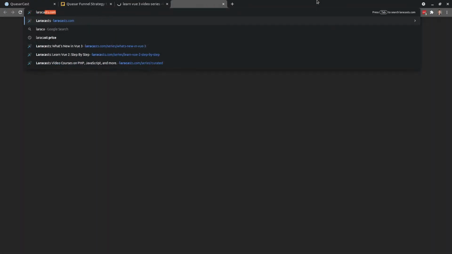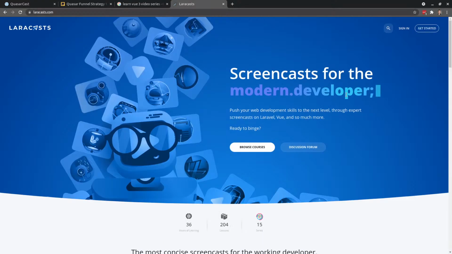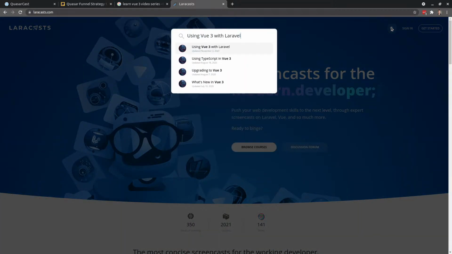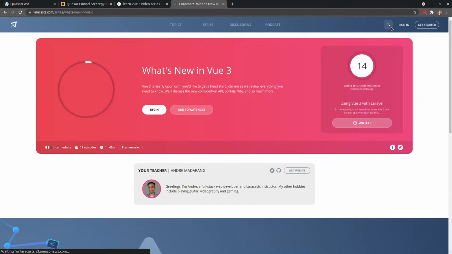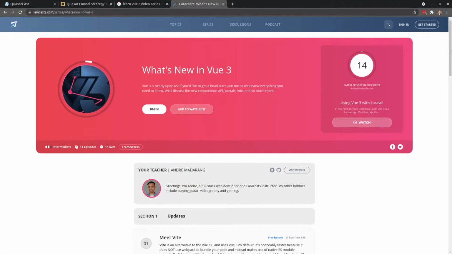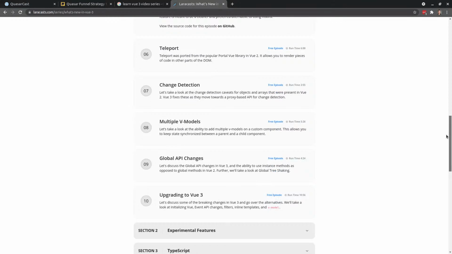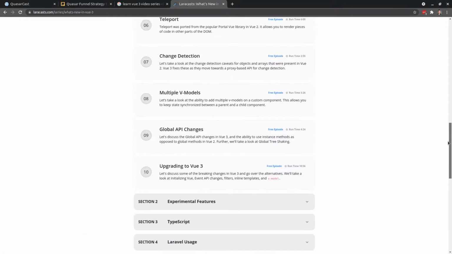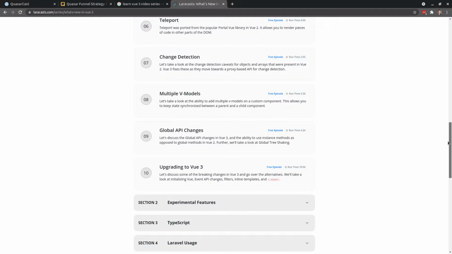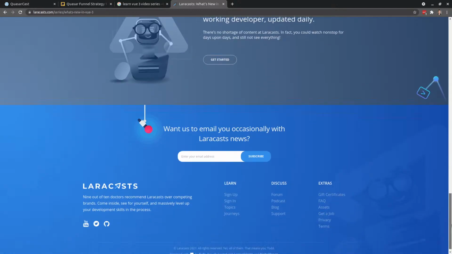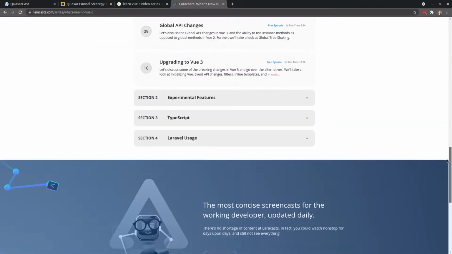I'm going to go back to Laracasts and just check if they do have anything. Let's search for Vue with Laravel, because I trust Laracasts. What's new in Vue 3? All right, so this is going to teach us some stuff about Vue 3, but really what I'm looking for is, we're going to very quickly start getting people that are learning Vue for the first time, and Vue 3 will be the place to go. So I don't want this to be a kind of, oh, let's learn what's new in Vue 3 thing. I want it to be,